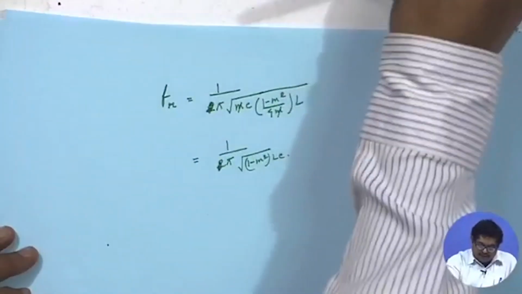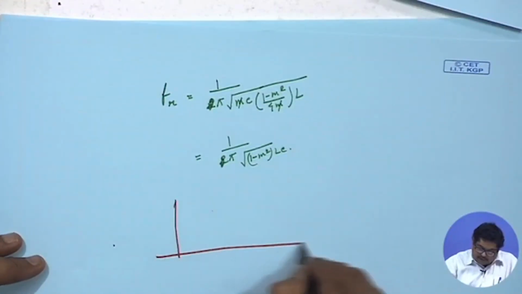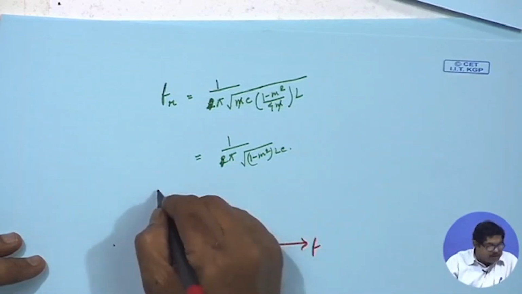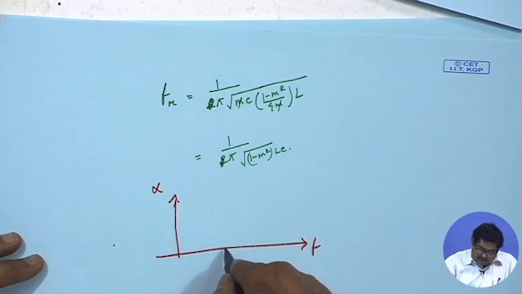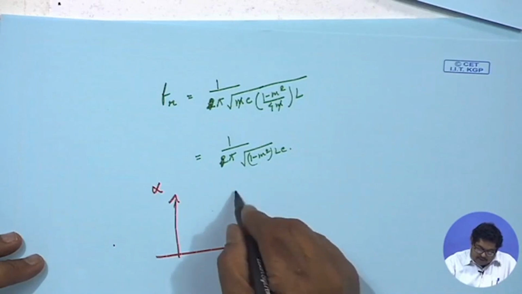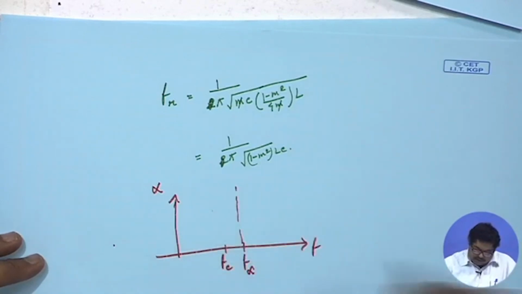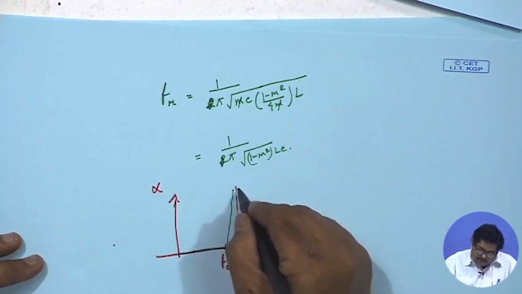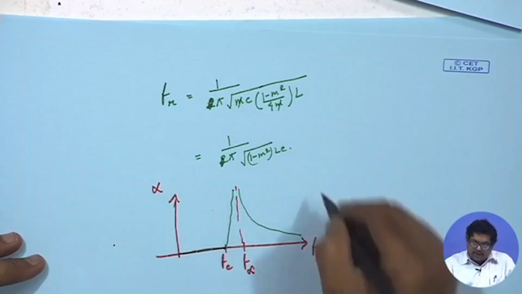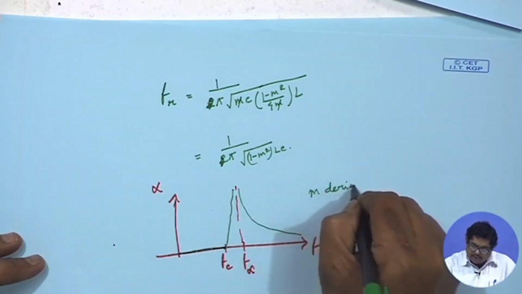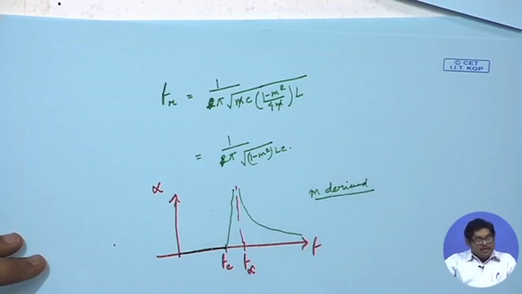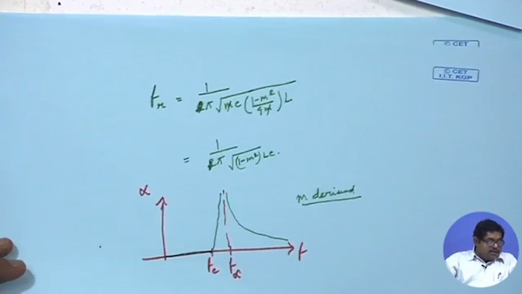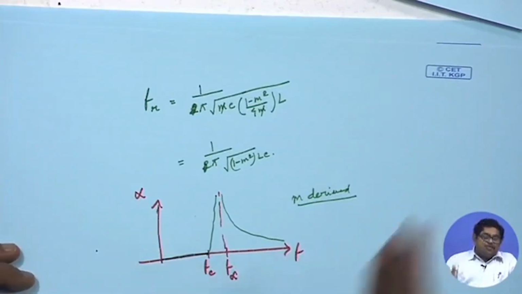So let me draw once again the attenuation constant of m-derived section, that there will be f c, there will be f infinity. Now, I can put it such that it comes here, then it goes to a very high value and then it falls like this. This is the m-derived section, alpha attenuation constant. So, what is the remedy? The remedy is we need to put in cascade with this a